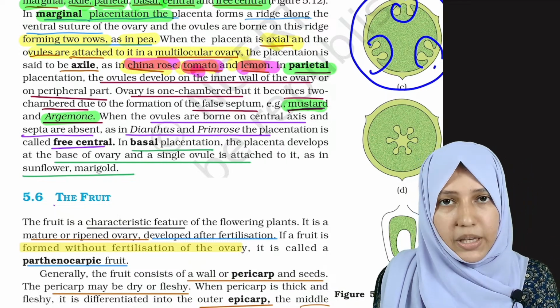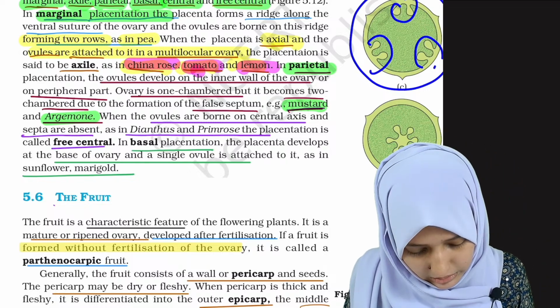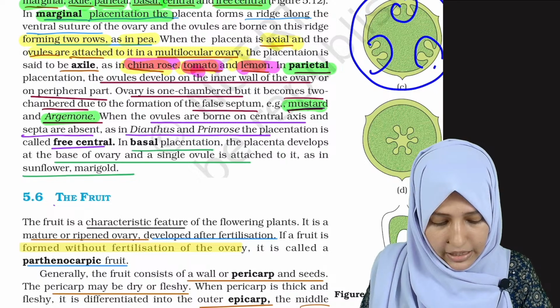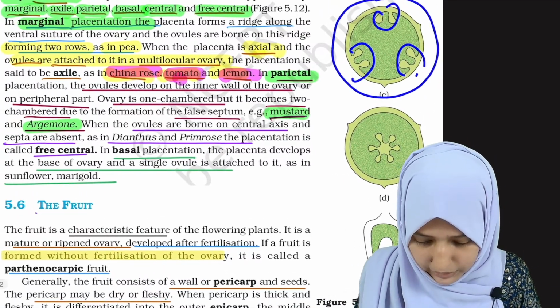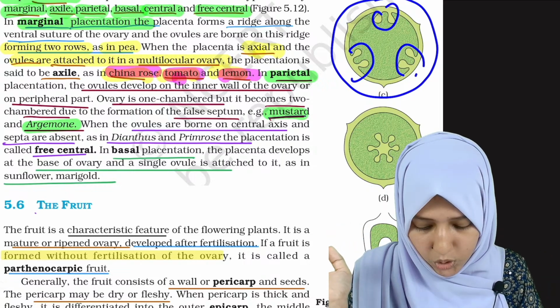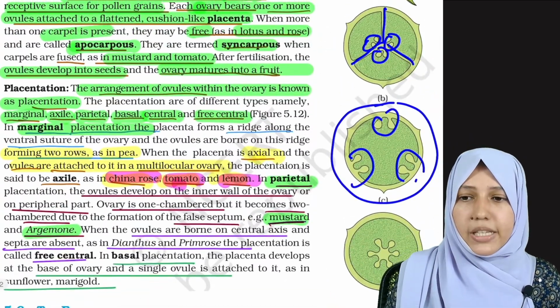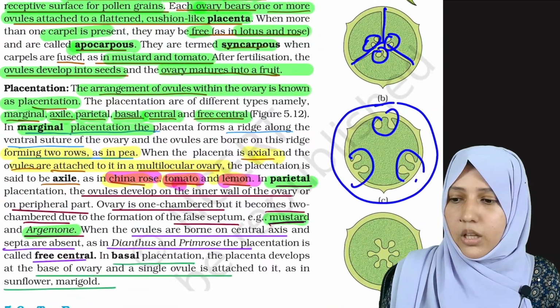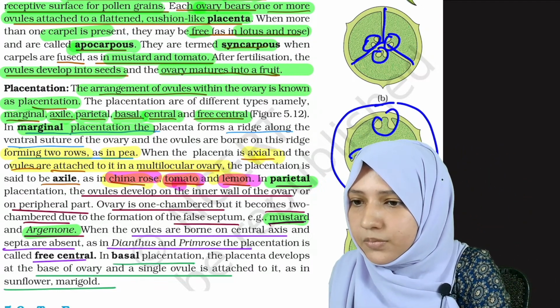If they are forming a false septum and forming different chambers, then they are mustard and argemone. Okay, ovary is one chamber in the beginning, and it can become two chambered due to the formation of a false septum. See, in axial placentation there is already a septum, but in